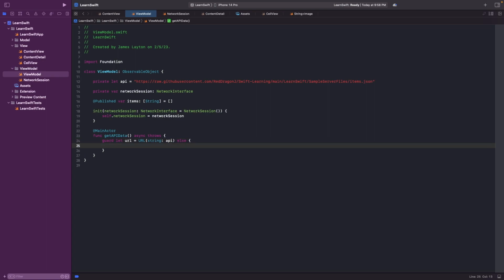Otherwise, we're just going to throw a URL error. We're going to say it is a bad URL. Then after that, if that's a success, of course we want to continue. So we're going to get a response. We're going to get the data back from the network layer. So try await the network session